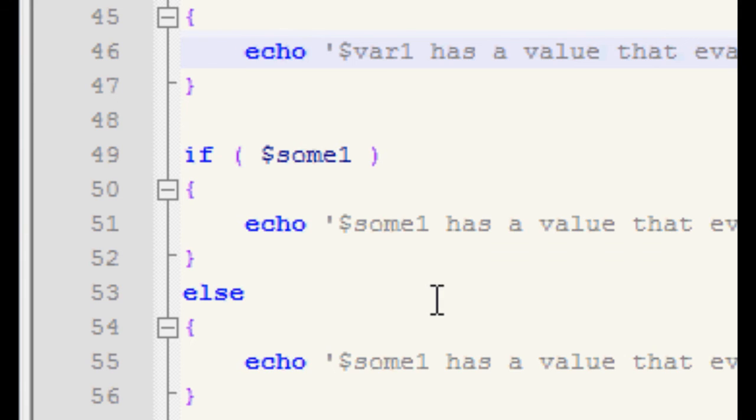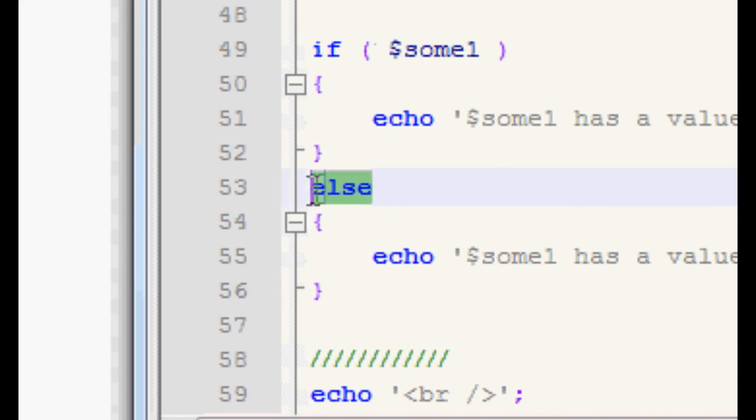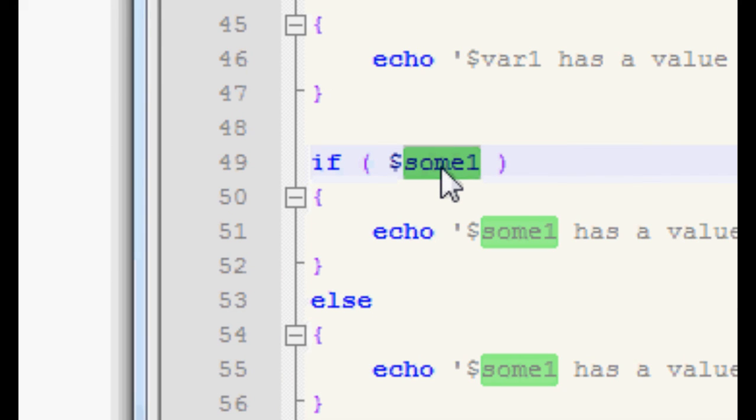And again, we're just doing the same thing with the sum1 variable, but in this case, the else won't be output, because the if statement says, hey, wait a minute, sum1 evaluates to true, so